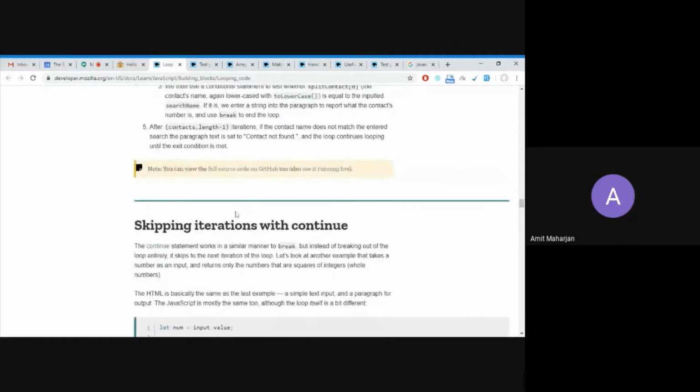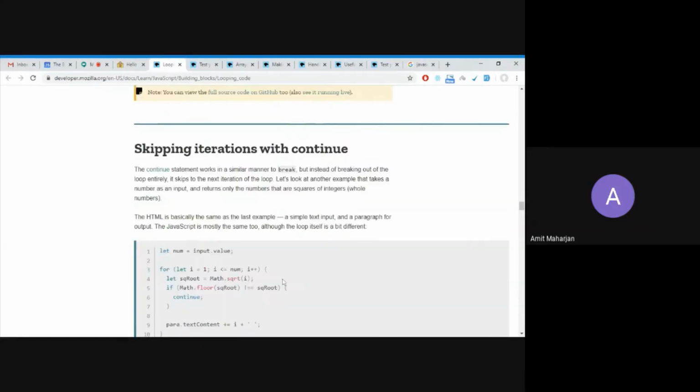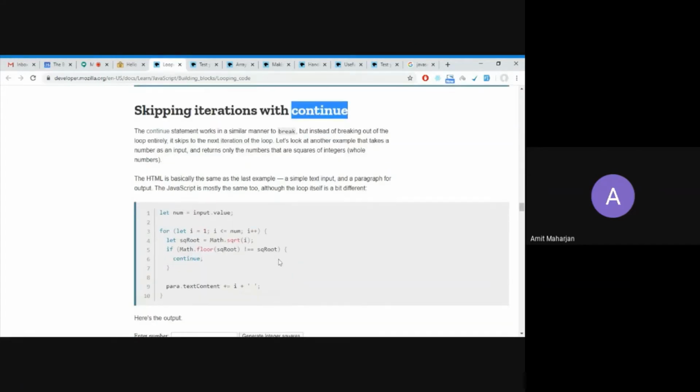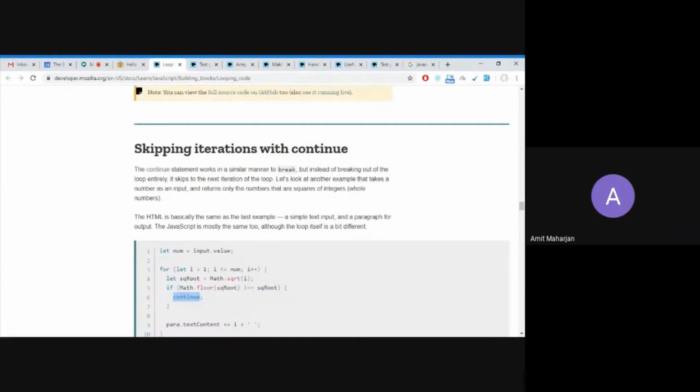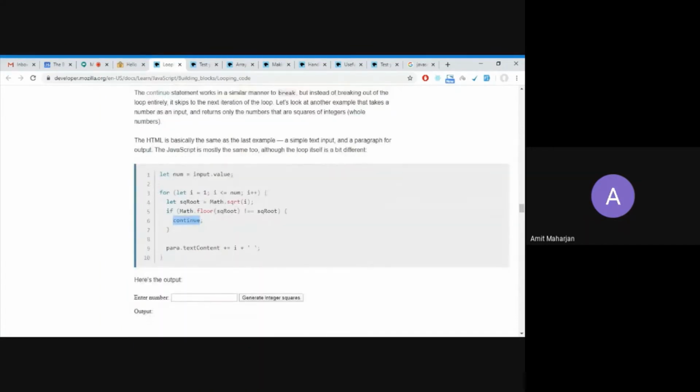Next, another interesting thing with loops: you can use continue. If your condition meets, you can use the continue statement. Let's see with this example. Your syntax is continue. For break, we used break as a statement for the command. So on the same example, the input value is whatever you input from the text field. You just go with this, starts from 1 and goes while the value is less than or equal to